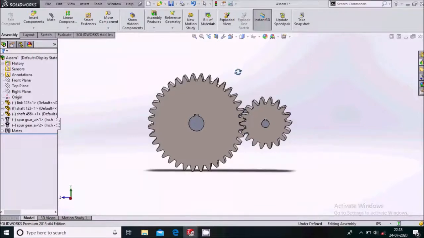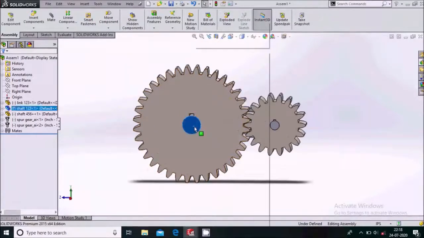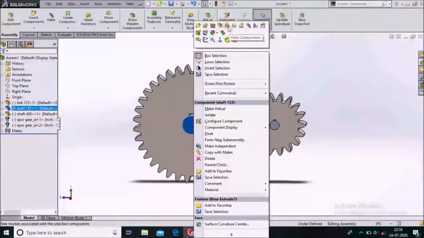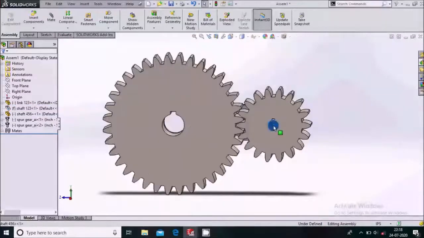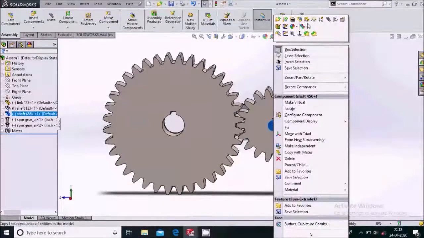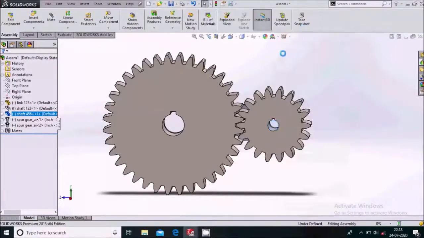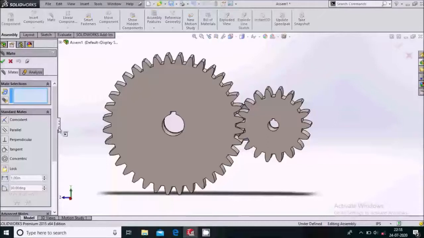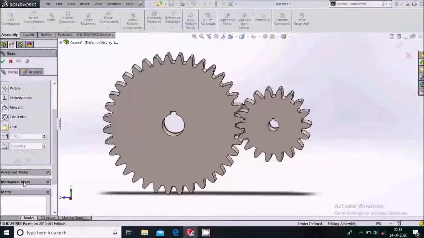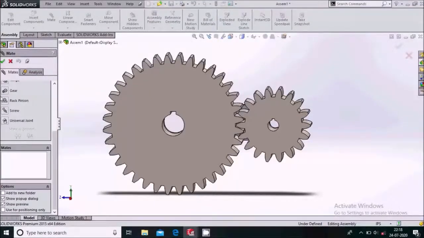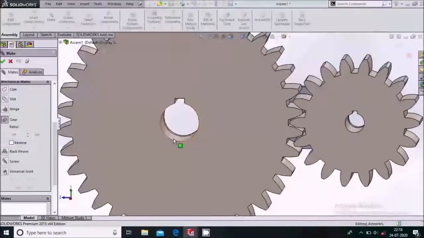Now what we'll do, simply right click and hide these shafts. So we'll hide these components and we'll go for the very important mate, that is the gear mate, which comes under the mechanical mates. So simply select the gear, select the inner faces of the gears.